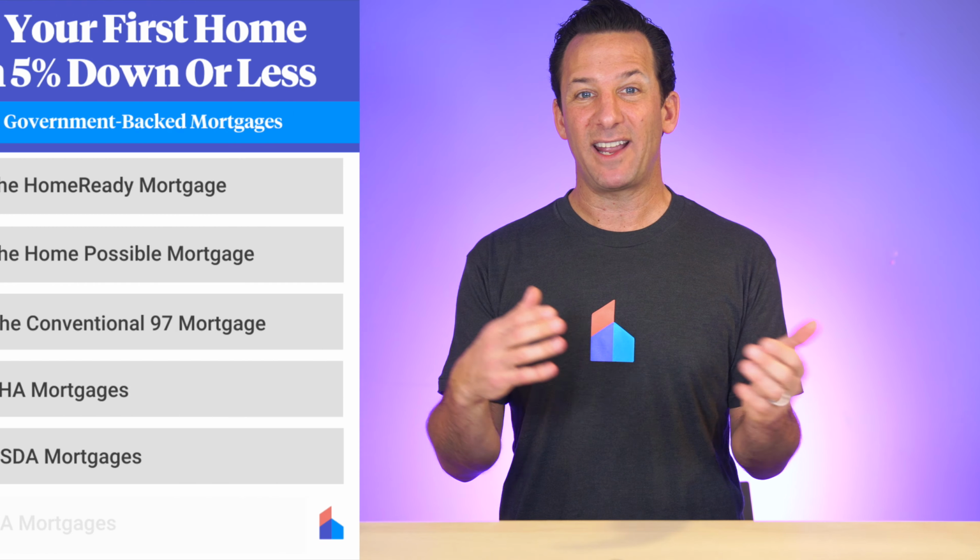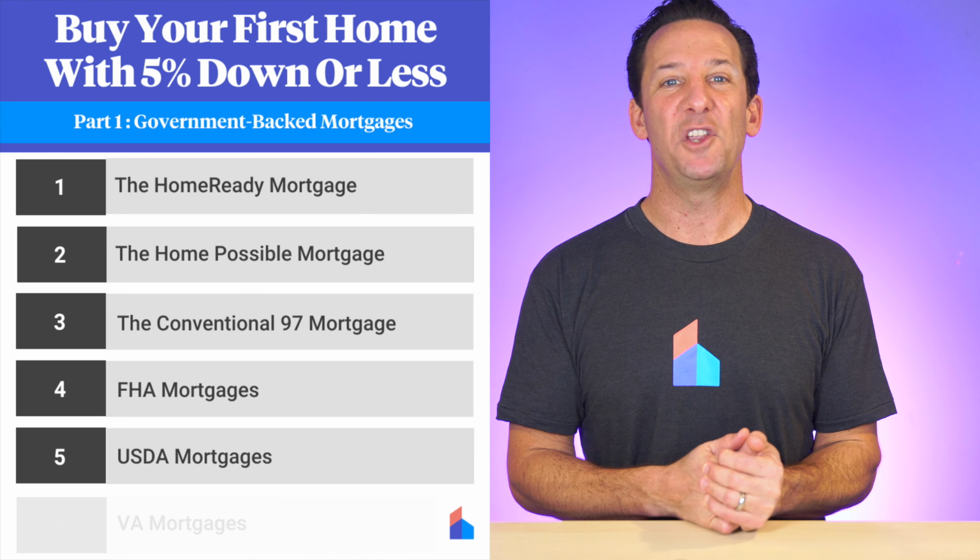Sort of like the agency backing this next program, option 5, the USDA loan. USDA loans are loans backed by the U.S. Department of Agriculture. They're sometimes called rural loans, but rural in this sense is the Census Bureau's definition of rural. That's any area that's not considered urban in a pass-fail kind of way. The USDA loan lets buyers purchase homes at 100% loan to value, that's no money down,